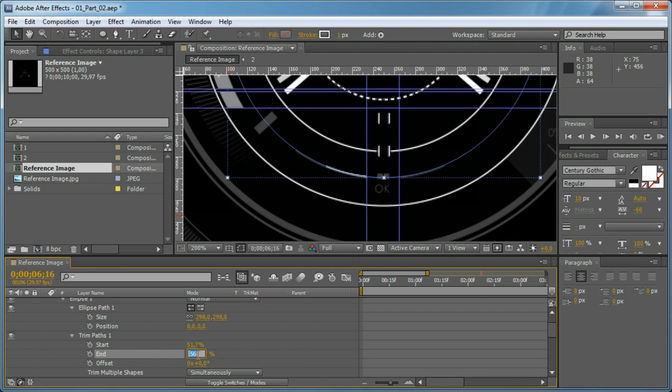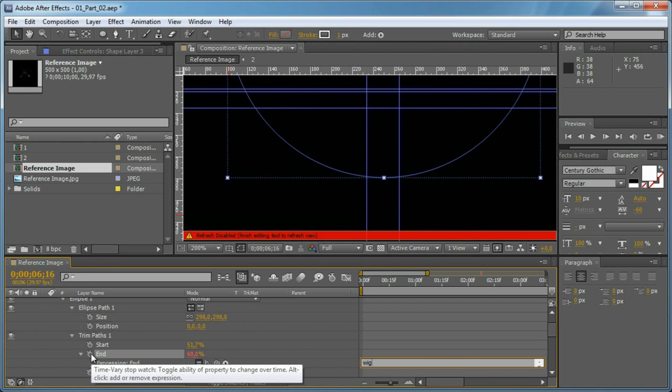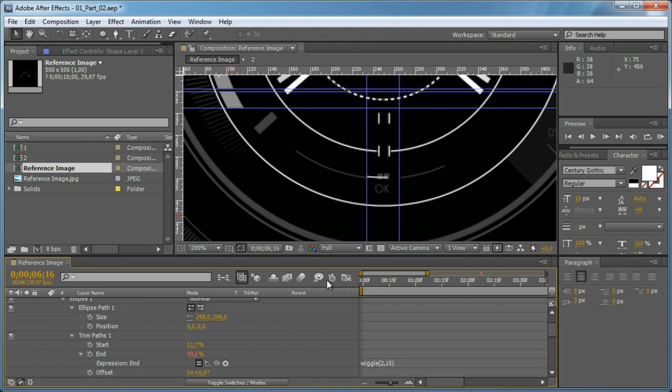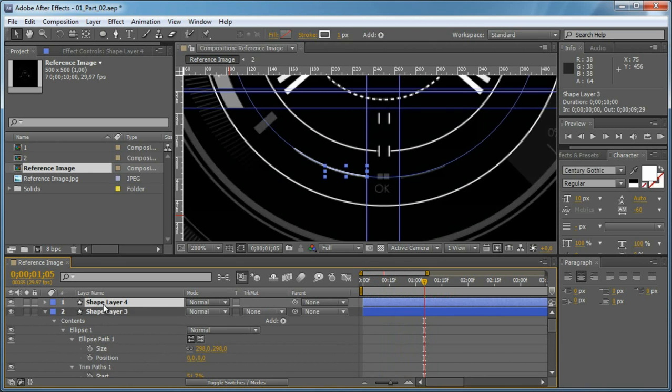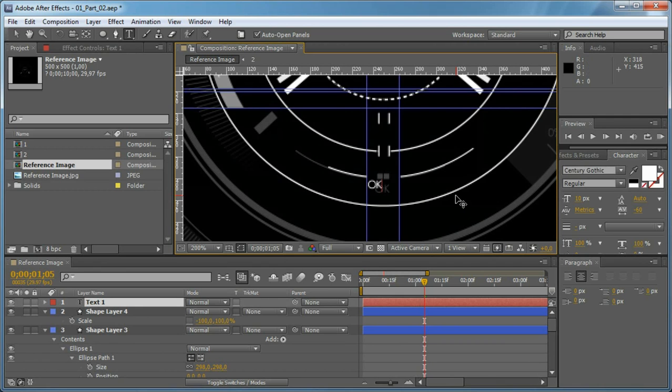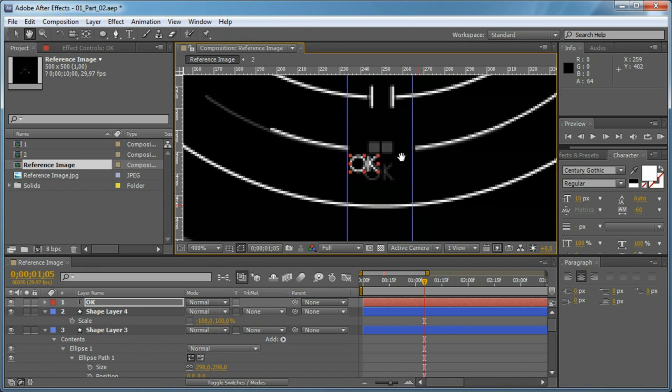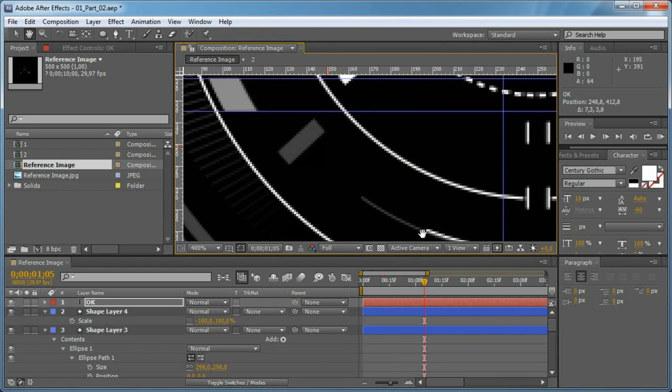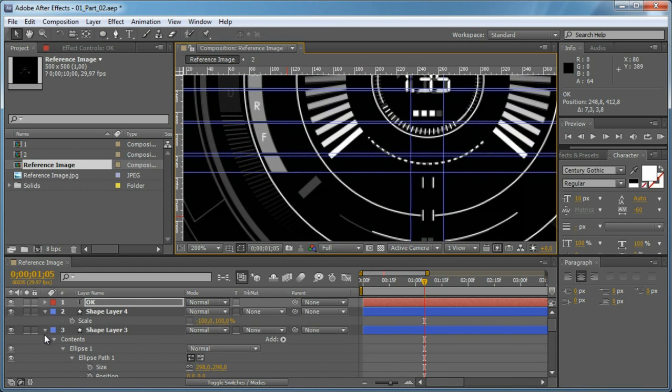or maybe let's set this to 60, and just alt-click and type wiggle(2,15), or maybe 10, so we get this nice movement. And now we need to just duplicate and flip the layer and create another type layer and type the OK type here. Then we need to create